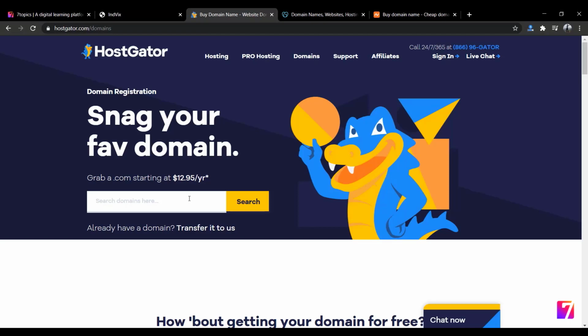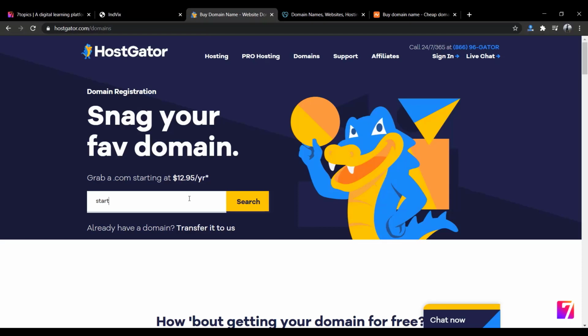country specific domains. So let's say if I am in India, then I can go with .in. If someone is in the UK, then they can go with .co.uk. So something like that. Okay, so I have already searched for a domain name that is available, and I will be using it in this particular tutorial to help you learn how to register a domain name. So that is like